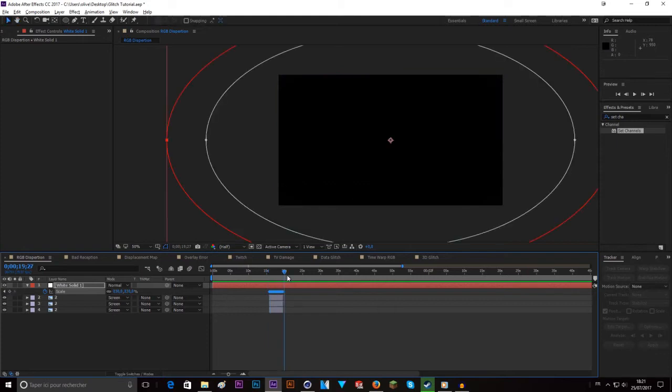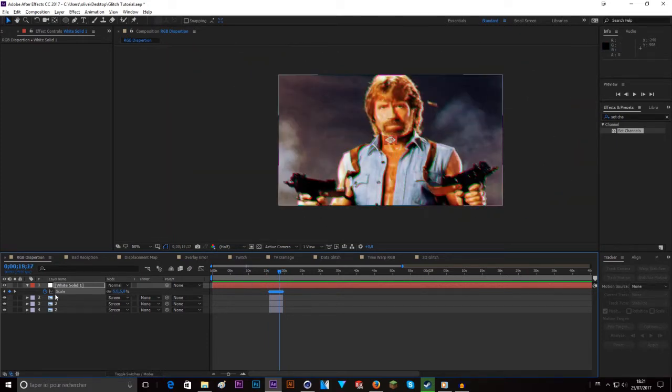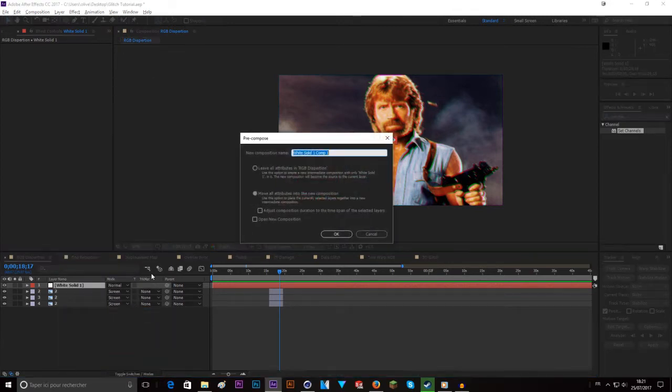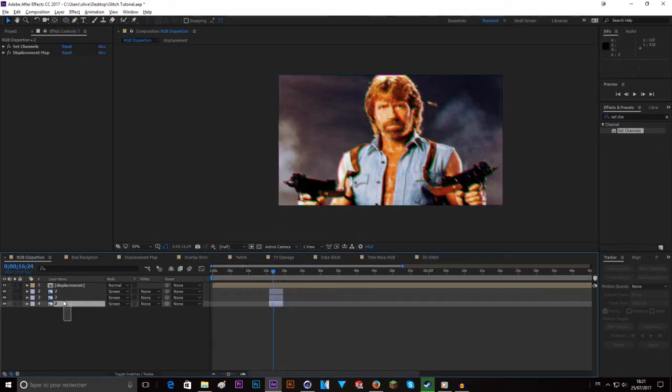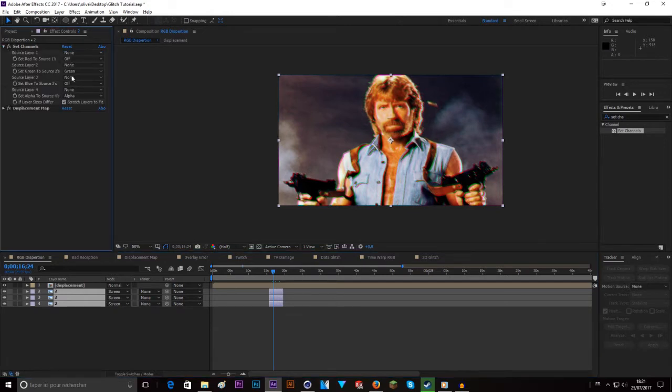As you can see, this is more clean animation. So now you can pre-compose this and move all the attributes and displacement. I'm gonna do it like this, and then when you have the three peak layer with the set channel, as I